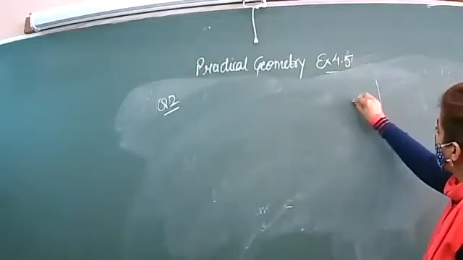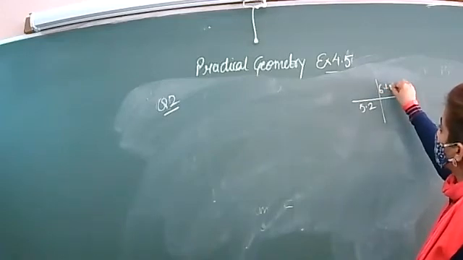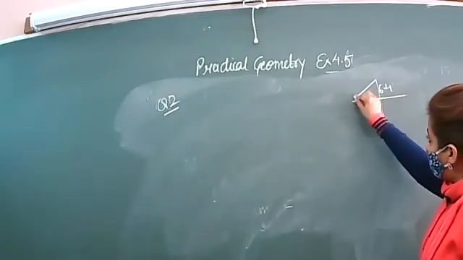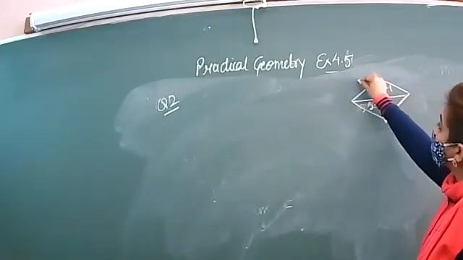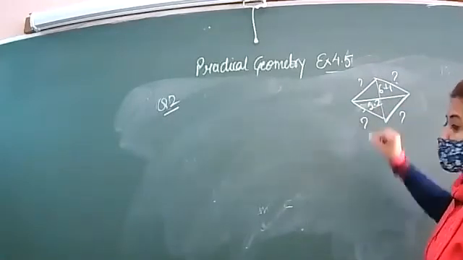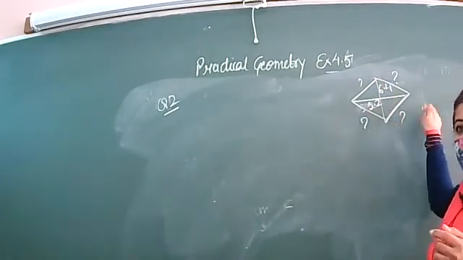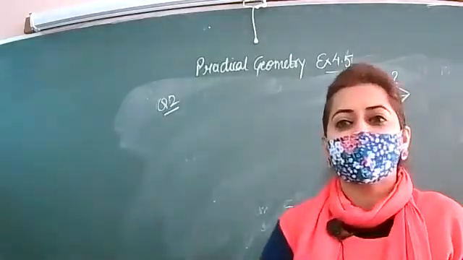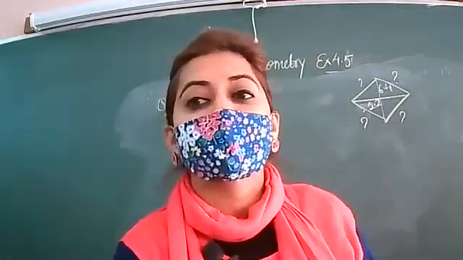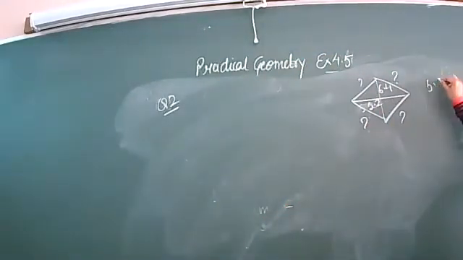Actually, you have been given two diagonals, one of length 5.2 and the other of 6.4. Now, when you join these, it will give you a rhombus whose sides are not given. Got it? Yes, you can take. If you want to take this 6.4 in the baseline, you can take. Actually, both are even. But in one question that we have discussed earlier, one of them was even and one of them was odd. 5.2 and another one was 6.5.